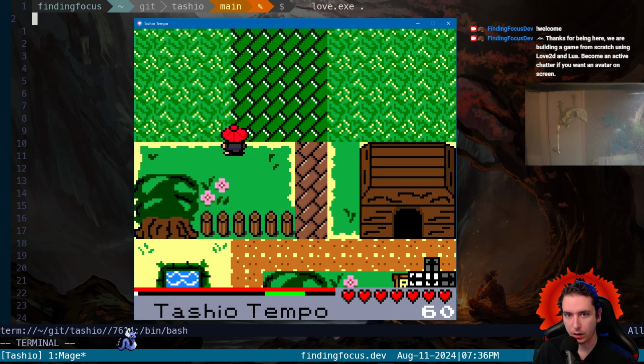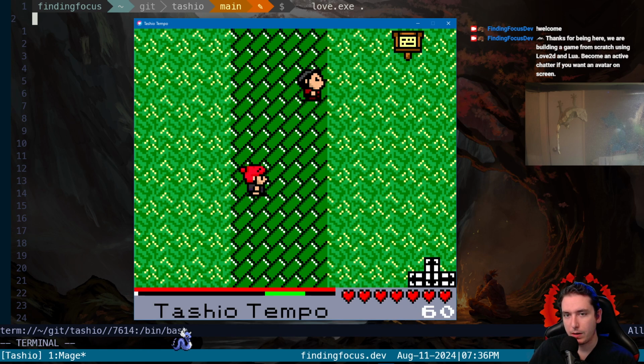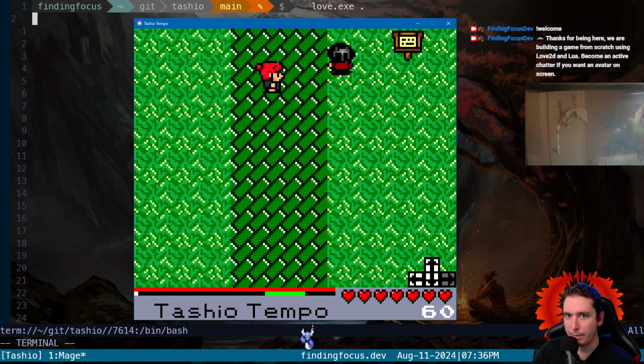Yesterday we got our NPC walking in a circle here, a counterclockwise circle. So it takes a step, it waits, it turns, it takes a step, it waits, it turns, it takes a step, and that's all it's doing. Yesterday we started making